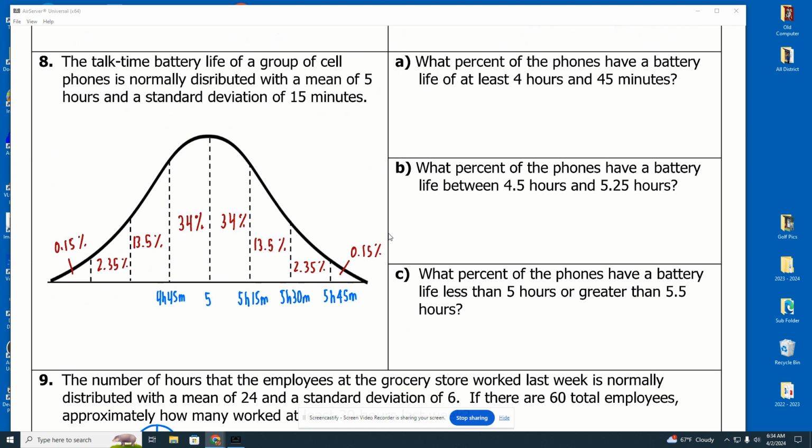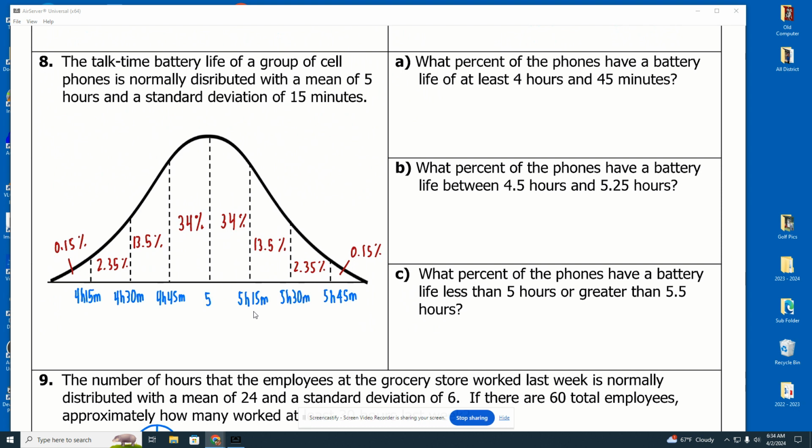That's 15 minutes below. Then we've got 4 hours, 30 minutes, 15 minutes below that. And then finally, we have 4 hours and 15 minutes. Now, that's fine as far as hours and minutes go. But remember, there's also questions like B and C that ask, and they've put the hours in decimal form. So I want to clarify again, 5 is still 5, but 5 hours and 15 minutes, remember that's